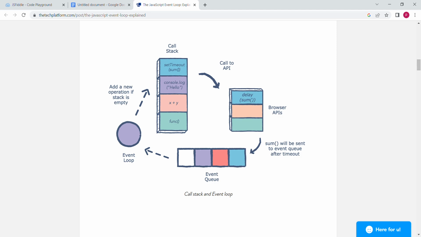So today let us understand some of the very important, most commonly asked interview questions based on the event loop concept in JavaScript. Before we get into the questions, let us understand what the event loop in JavaScript actually is. Okay, so we know that JavaScript is a synchronous, single-threaded language where every piece of code is executed one after the other